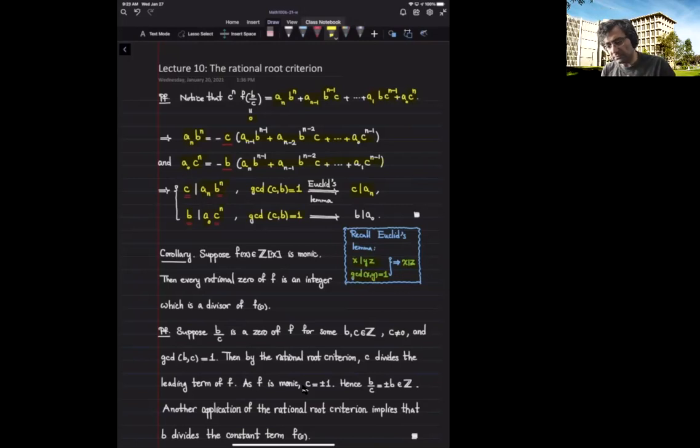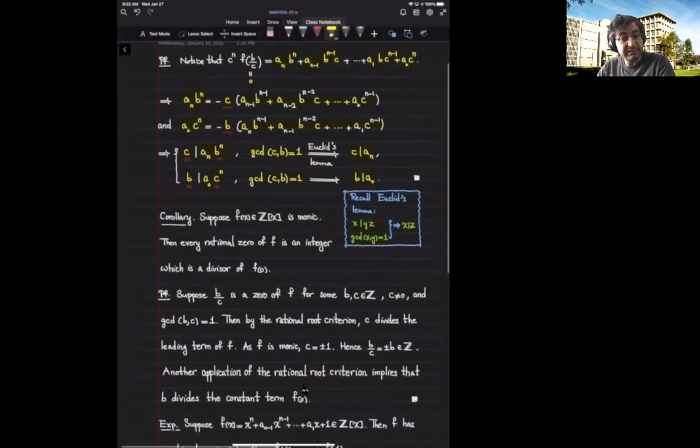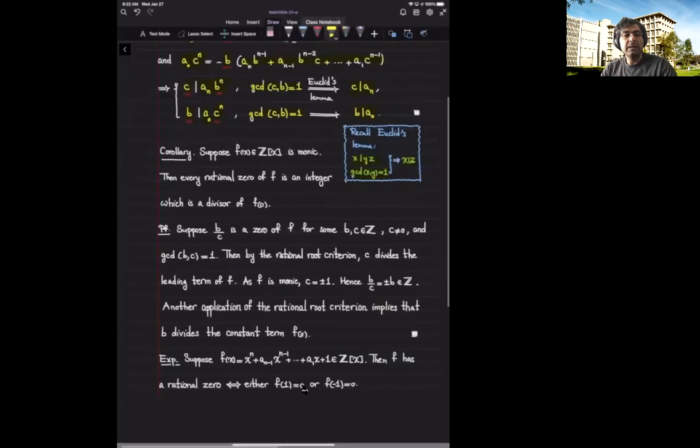But okay, so let's finish the proof. Again, by these divisibilities and Euclid's lemma, the first one implies that the denominator should divide the leading coefficient, and the second one implies that the numerator should divide the constant term. Okay, so let's see an immediate application of